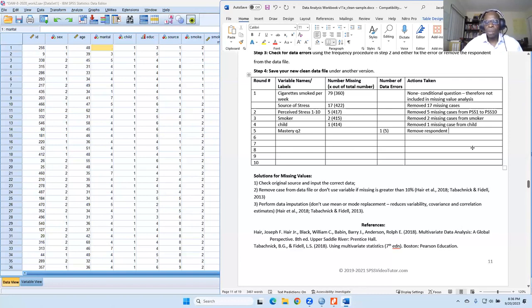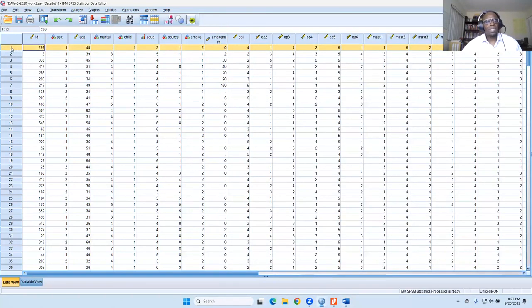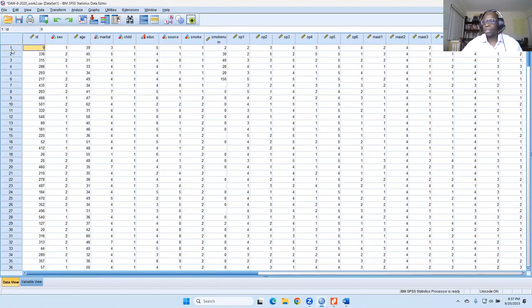So remove respondent 256 because they had a 5 for mastery Q2. All right. And we don't have to do anything special here. We can just highlight this and click delete. Oop, they're gone.